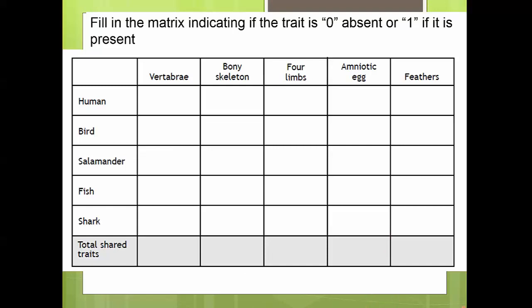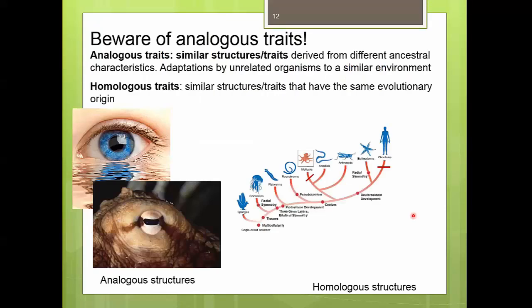For example, analogous traits can give us the wrong impression. Analogous traits are similar structures that evolve in different organisms that look similar, but they have different evolutionary histories. For example, the eyes of chordates, like ourselves, and the eyes of certain mollusks, like this octopus, are very similar in structure. And we might easily think that they are shared due to a common ancestor, which would mean we